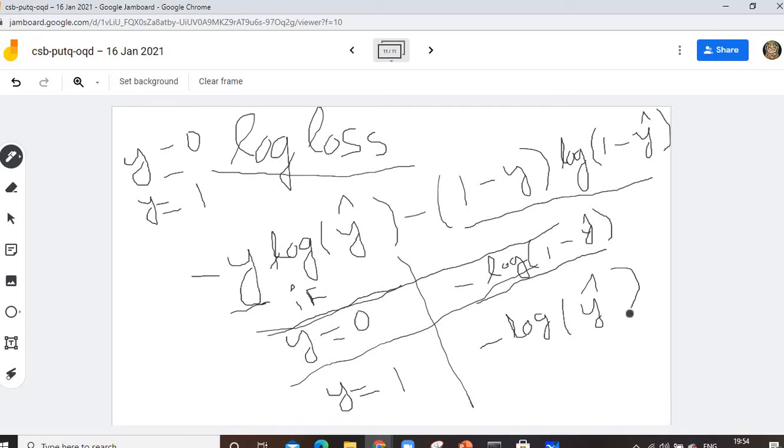Anybody understand till this one or not? So this lengthy function is also called cross entropy. Remember, in our deep learning, in the next few classes we will go to deep learning. In deep learning, remember this loss function is most important, because depending on this loss function, we will initialize different m values and c values, the slope.